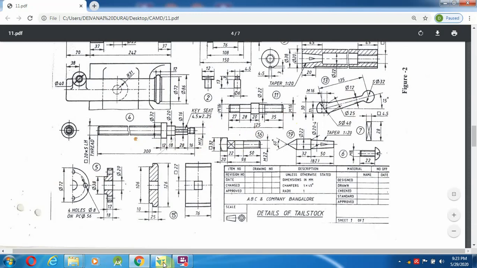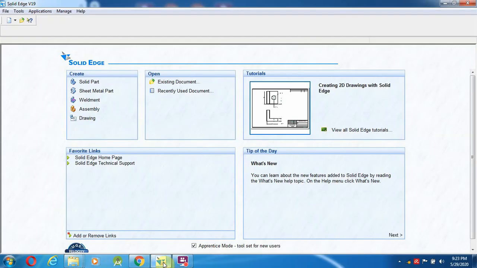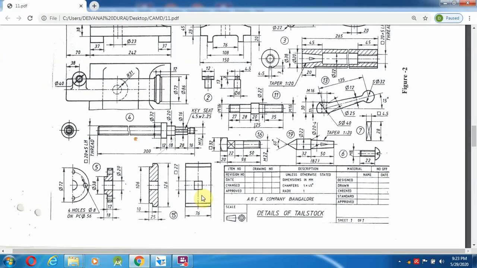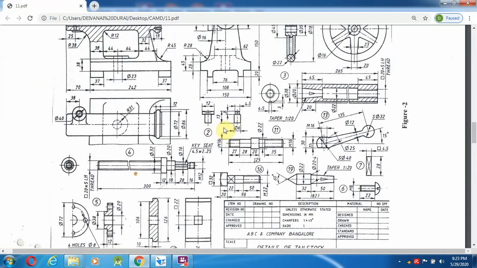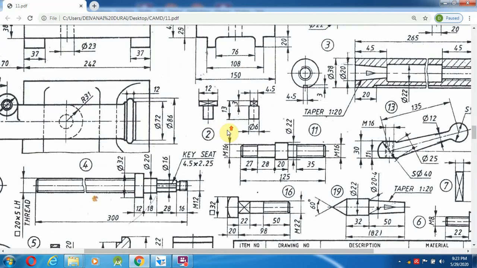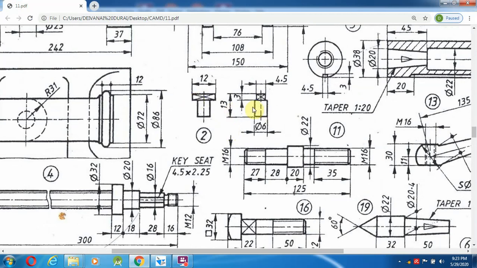I am going to do the feather first. So go over here and select a solid part. After selecting the solid part, first we have to decide which command to use, either a protrusion or a revolved protrusion. Here they have given two views, front view and side view.